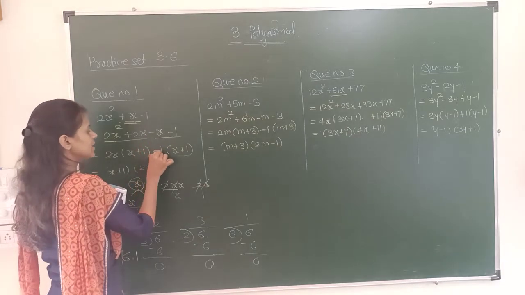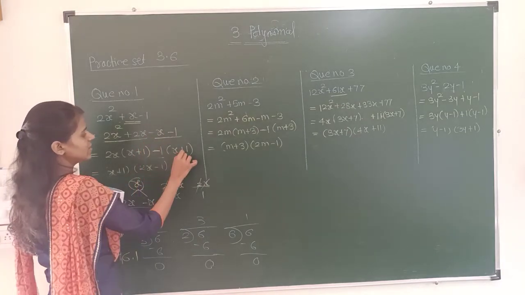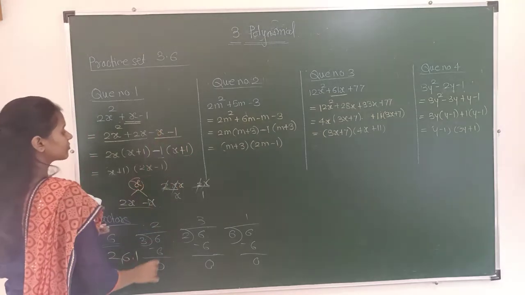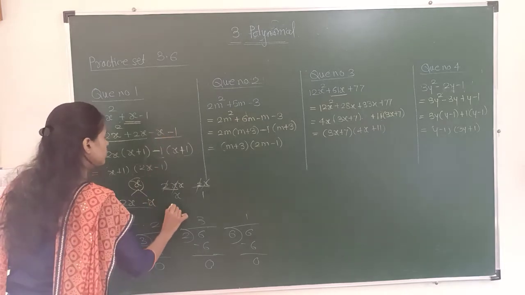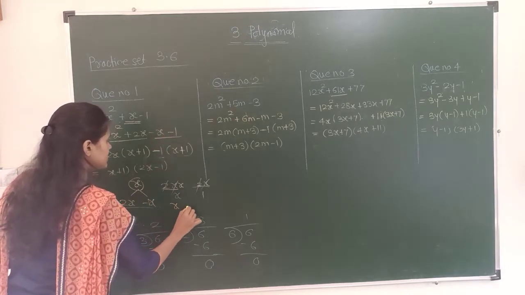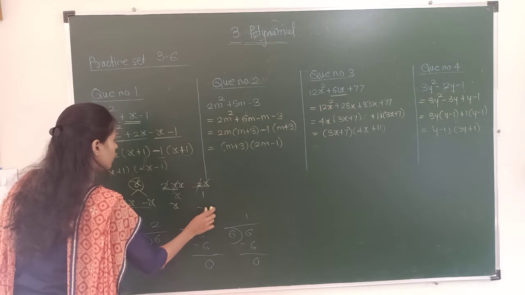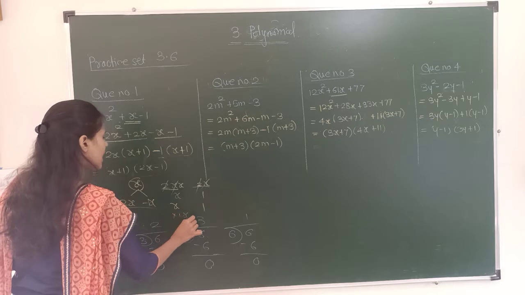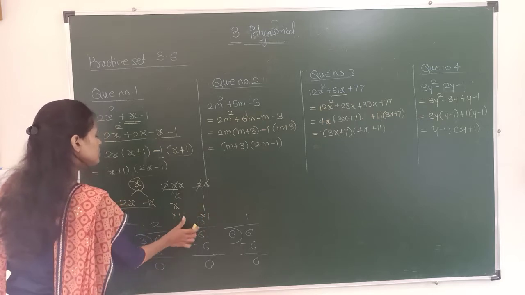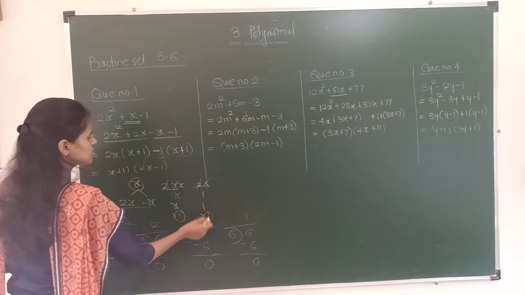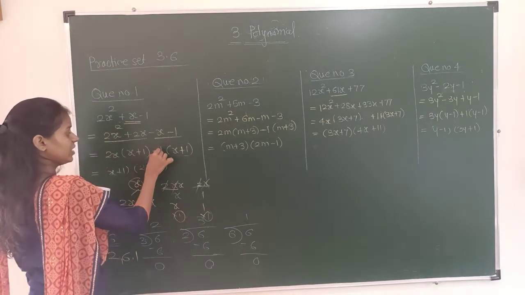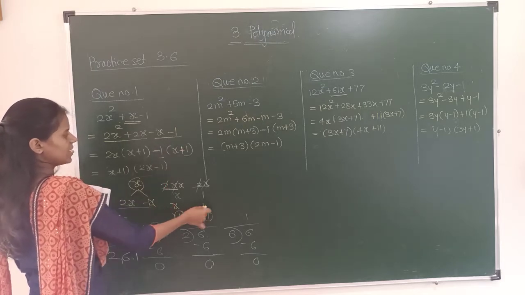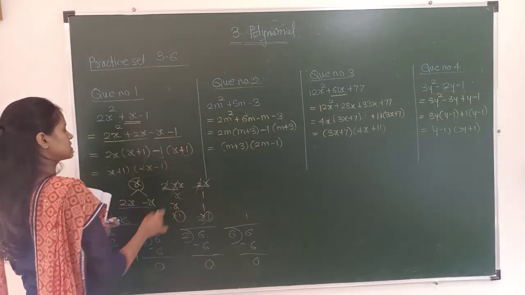Now give the minus sign in between the two terms. Here is minus, the next sign will turn into the opposite, that is plus. Now we have to take common for these both also. So here it is x and here it is 1. Okay, 1 and x. x into 1 is x and 1 into 1 is 1. So what can we take in common? Here is nothing, so we will take 1 in common. This minus sign we have written as it is. So what is the remaining term? x plus 1.